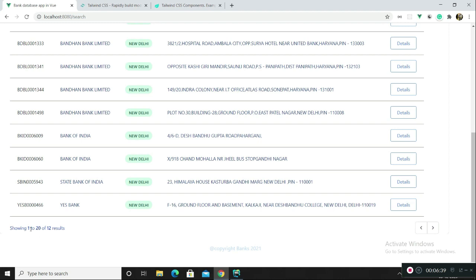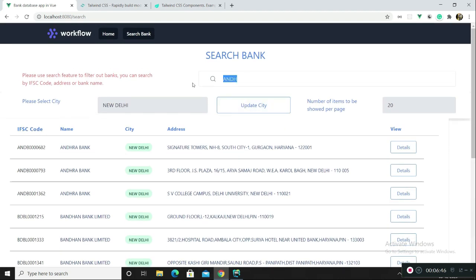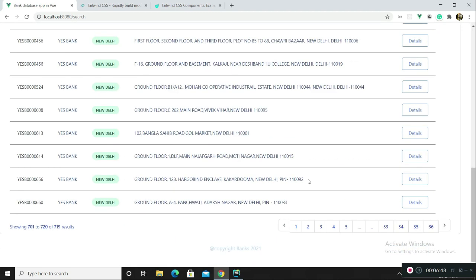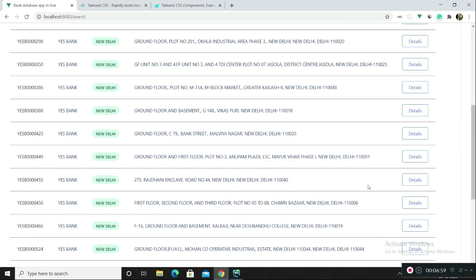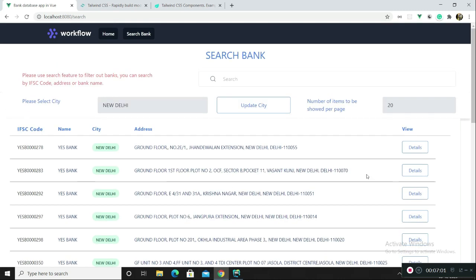It's wrongly showing 1 to 20. This needs to be fixed, and also this pagination. So just in case you're wondering, I have used a customized pagination. Obviously, it's not working like it is expected to right now. It needs to be fixed. Some changes have to be made. So I might do that in future.